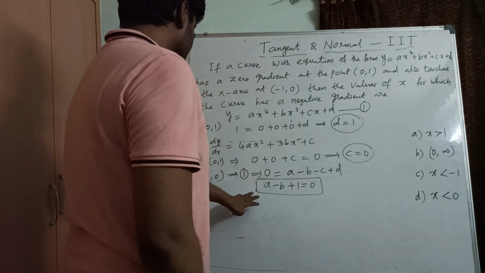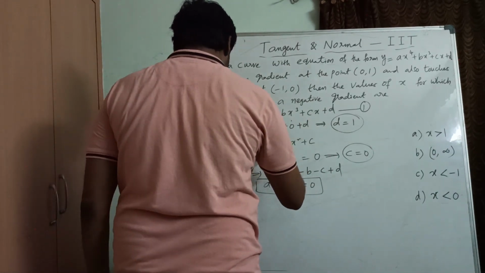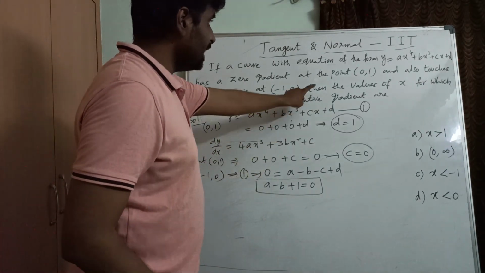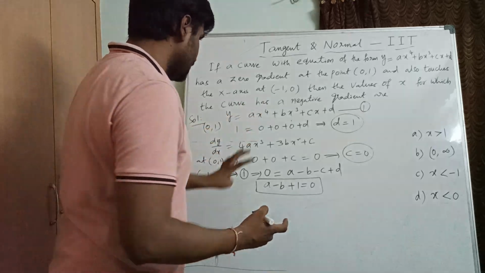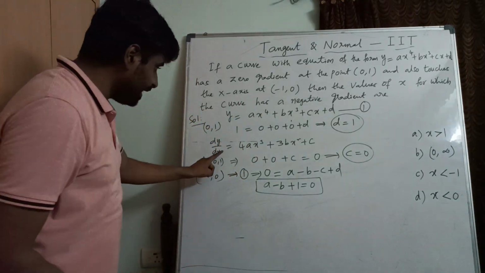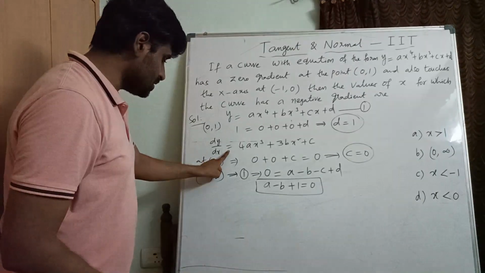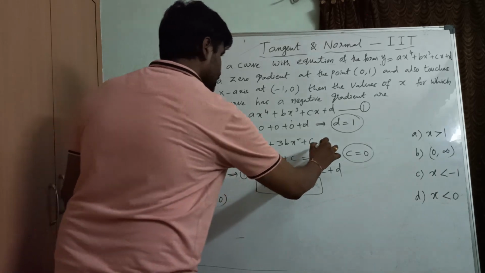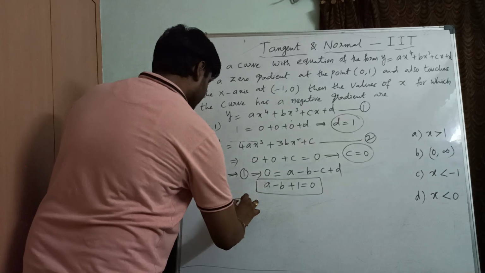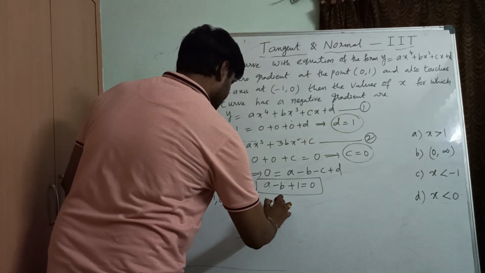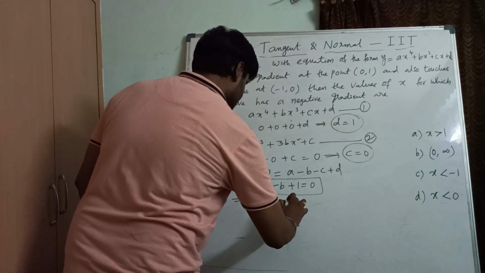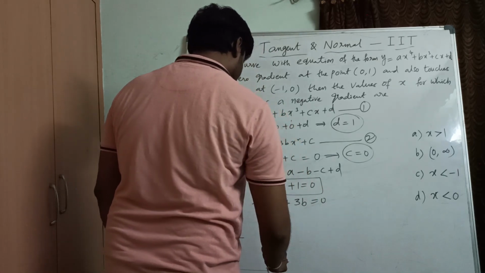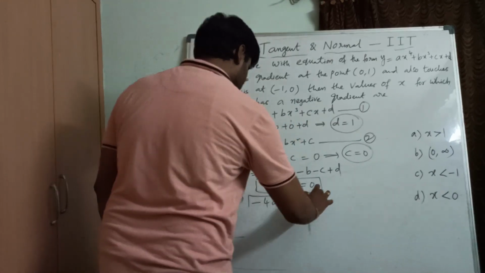Right? So now let us substitute this in the derivation also. Right? So minus 1, 0. Substitute minus 1, 0 and equal to 0 because it touching x-axis means slope is 0 here. Right? So minus 1, 0 will substitute in first derivation dy by dx also. Here also slope equal to 0. So when I substitute minus 1, 0 in this second equation, correct? So what will I get? So minus 1 minus 4a, okay? So here plus 3b, right? Anyway c is 0 here, equal to 0, correct? So minus 4a plus 3b equal to 0. So this is the equation we got.